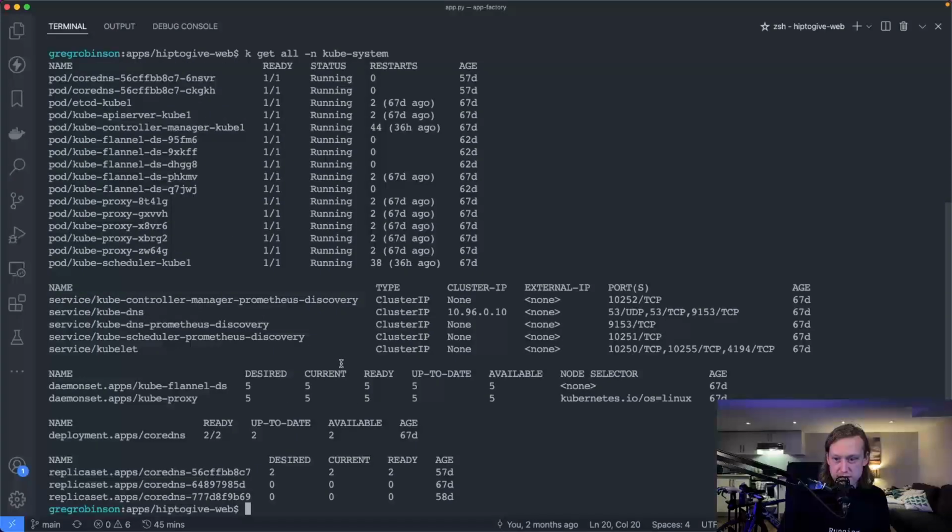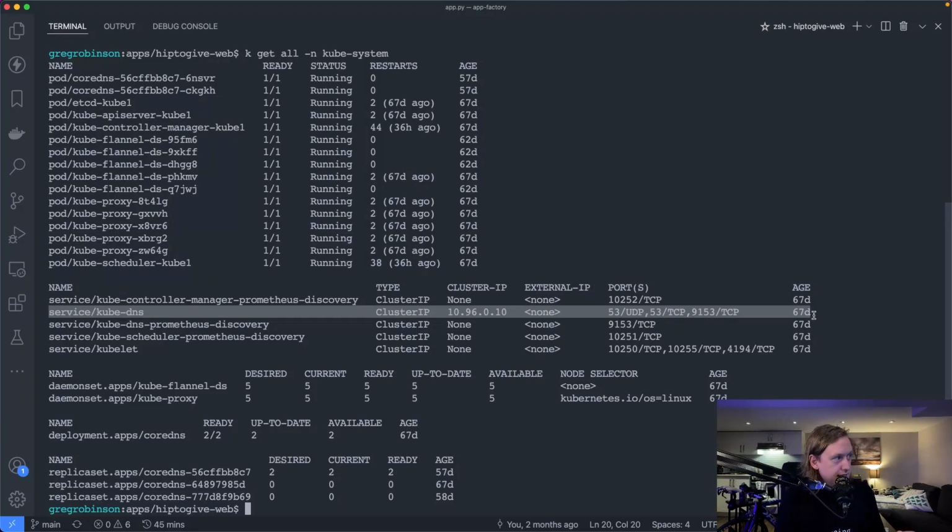And look at the stuff in there. See that we have our Kube DNS here? That's the Kube DNS. That's how we're resolving traffic. And then if we look at the Consul situation that we have,